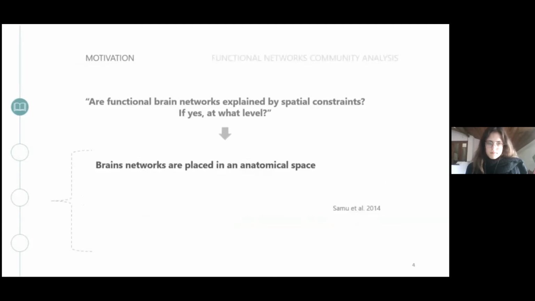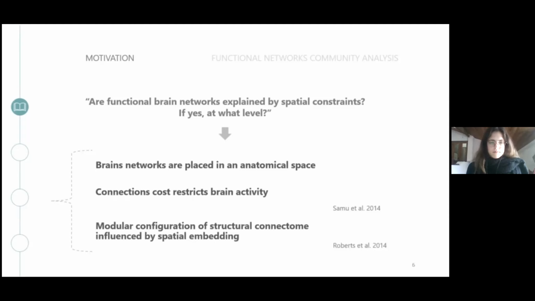So with this in mind, while searching through literature, we found that several studies in fact show that brain networks are physically constrained by the anatomical space. Besides this, the cost of maintaining the connections between different regions will naturally restrict the complexity and coordination between separate parts of the brain. More specifically, the brain structural connectome has been reported to be influenced by this spatial embedding,